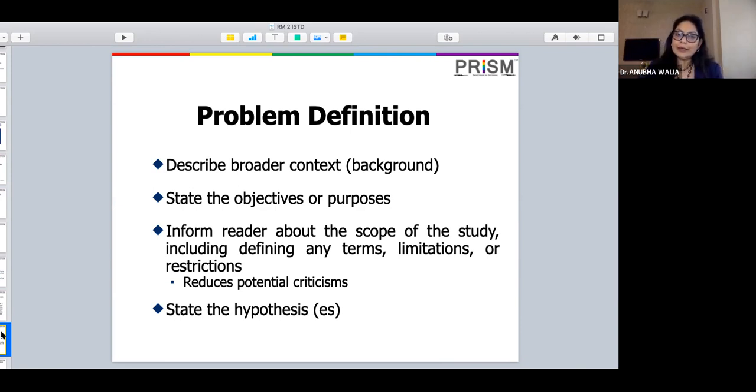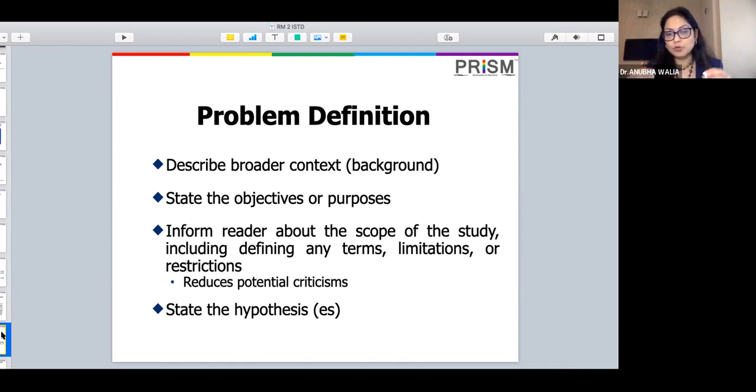So you will see that in this aspect of problem definition, we describe a broader context, there is a statement of objective or purpose, and we inform about the scope of the study. That becomes very, very important. And please remember, the scope of the study will actually let you know